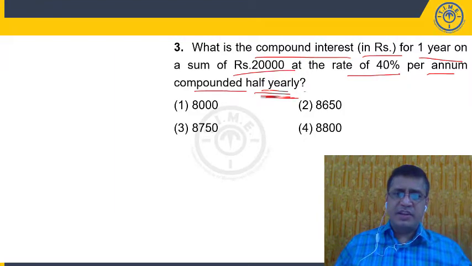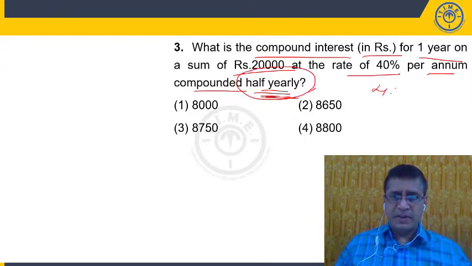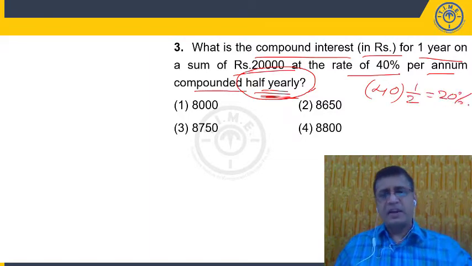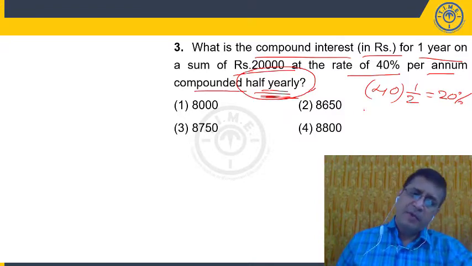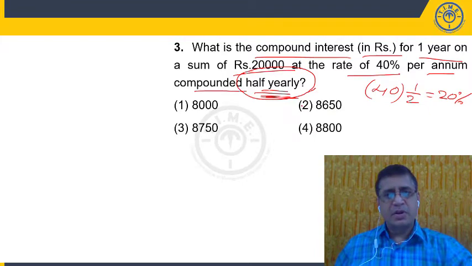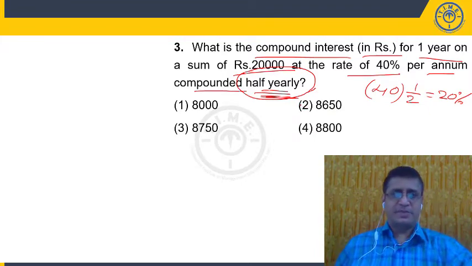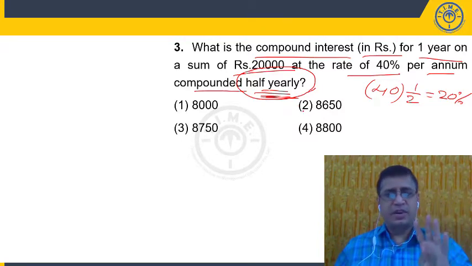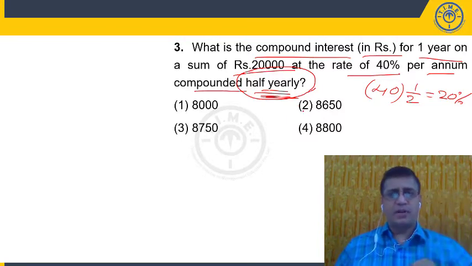Half yearly or 6 months or semi-annually, meaning is same. So here he is charging interest 2 times a year. 40% per year, 2 times in a year, what is the rate of interest per annum for half yearly? It is 20%. 40% per annum, half yearly 20%. Am I right? 40 by 2. So quarterly means 4 times in a year. So 40 by 4, it is 10%.